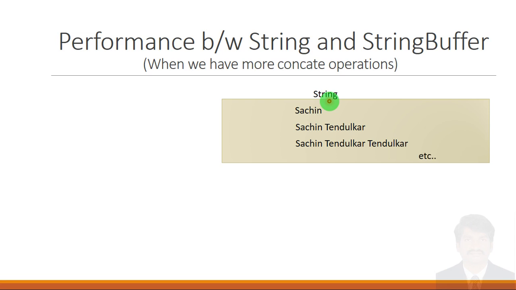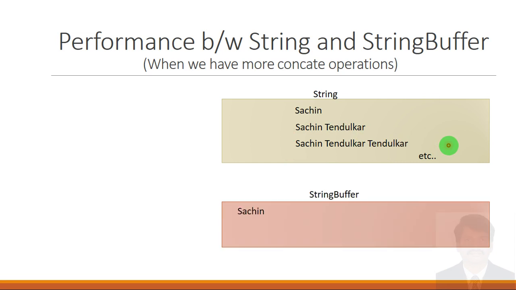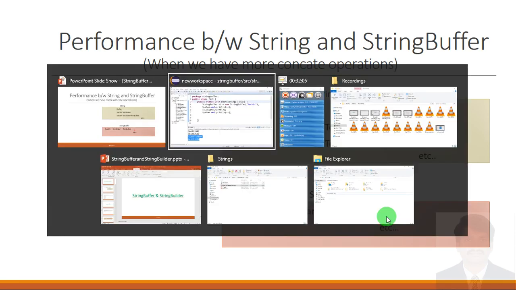Because strings are immutable, whenever you are trying to concatenate another string to an existing string, each time it will create a new object. Whereas with string buffer, Sachin, when trying to add Tendulkar, it will be appended to the existing Sachin. Again, when I add Tendulkar, it will be appended to Sachin Tendulkar, etc. Let me show you guys